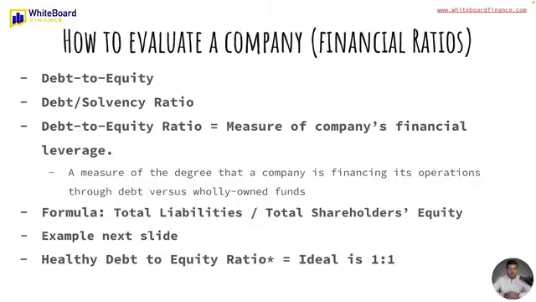Okay, so the next ratio is the debt to equity ratio, aka the debt to solvency ratio. No one really calls it that. It's mostly the debt to equity ratio. So this is simply going to be a measure of a company's financial leverage. So this is showing a measure of the degree that a company is financing its operations through debt versus wholly